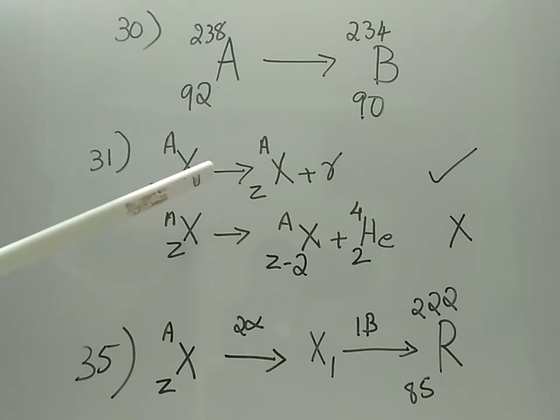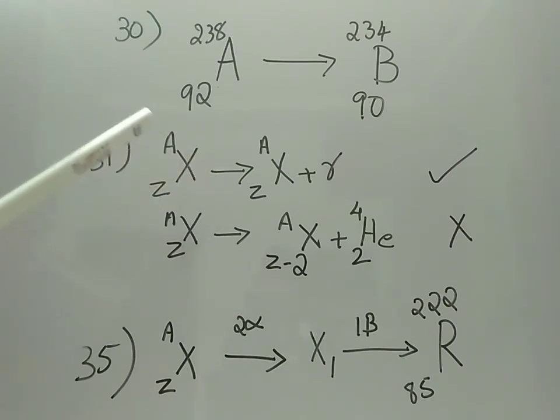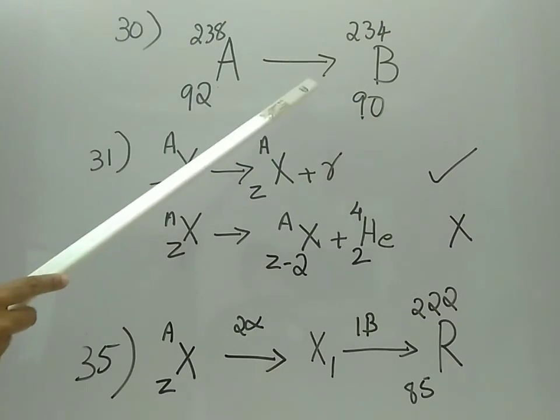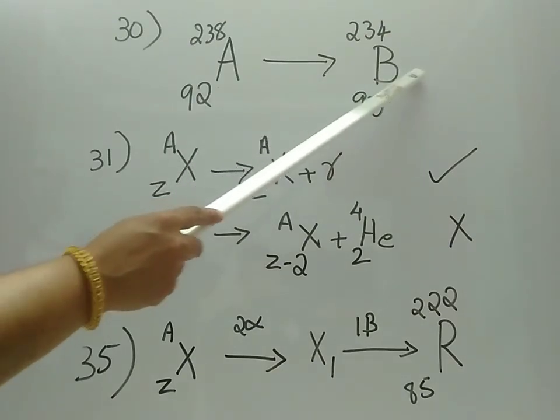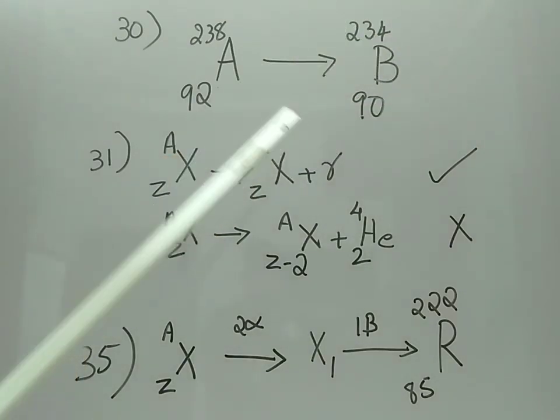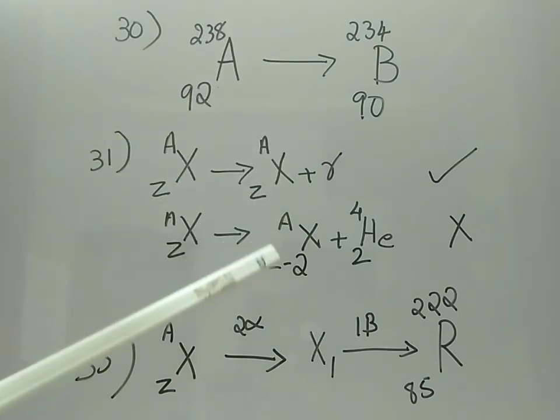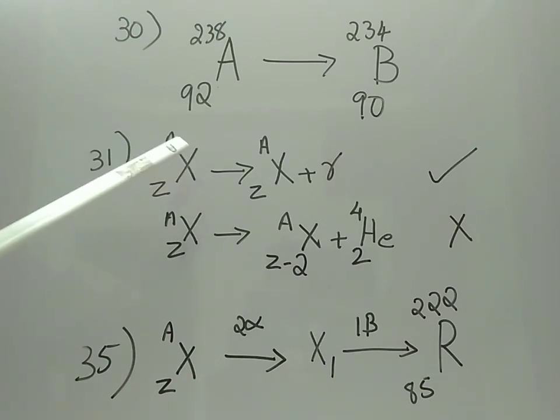Now you are asked to state the change in the form of a reaction. What do you have to write? Whenever alpha emission takes place, you just write plus He 4 2, because since it is an alpha emission, you just add plus He 4 2. The printed answer is there in your textbook.